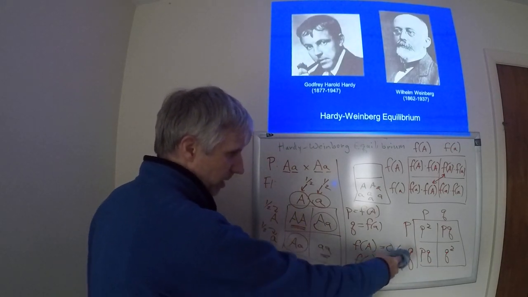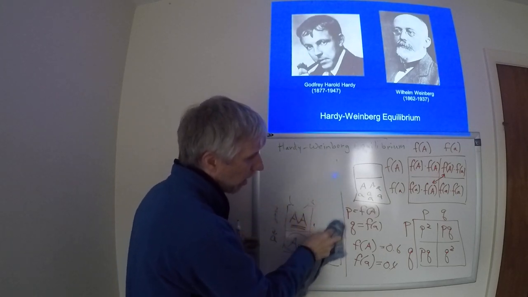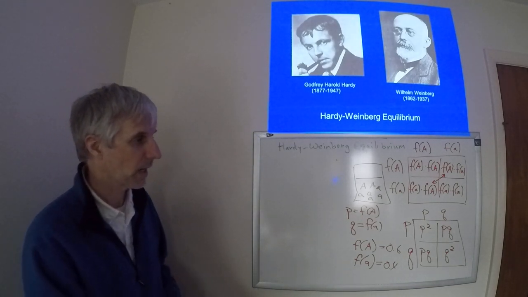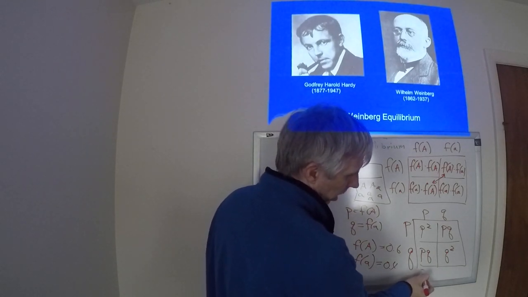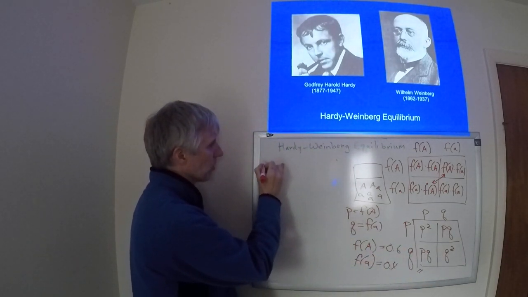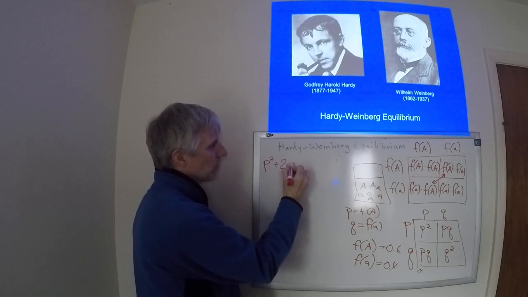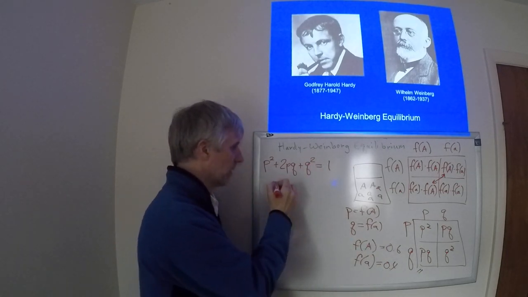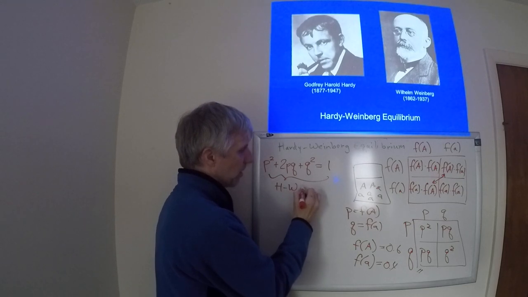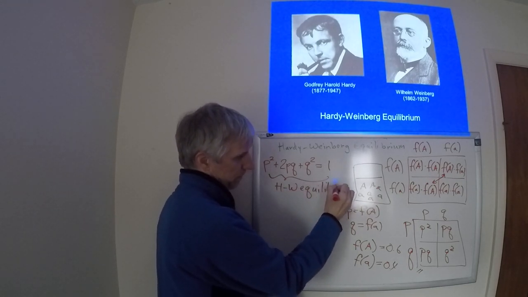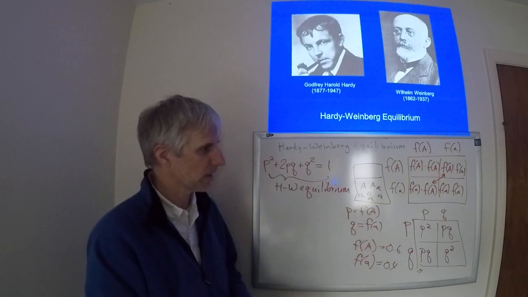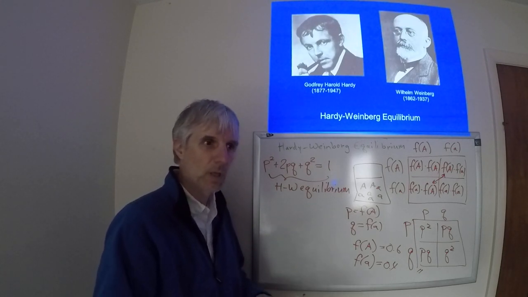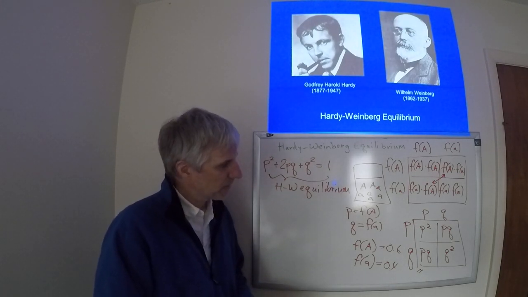Now, I've given in this Punnett square all of the possible combinations of alleles that could happen, right? I've done that, and therefore all of these probabilities should sum to 1. P squared plus 2PQ plus Q squared then equals 1. This wonderful thing is the Hardy-Weinberg Equilibrium. And they generated it using this kind of Punnett square thinking that Punnett first proposed for predicting offspring genotypes and frequencies.